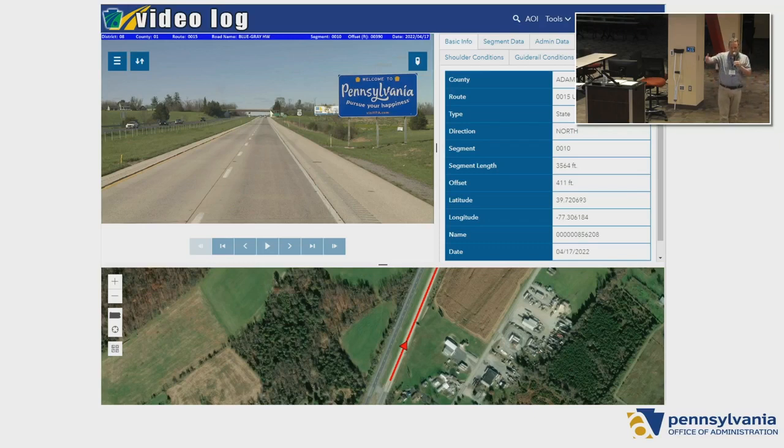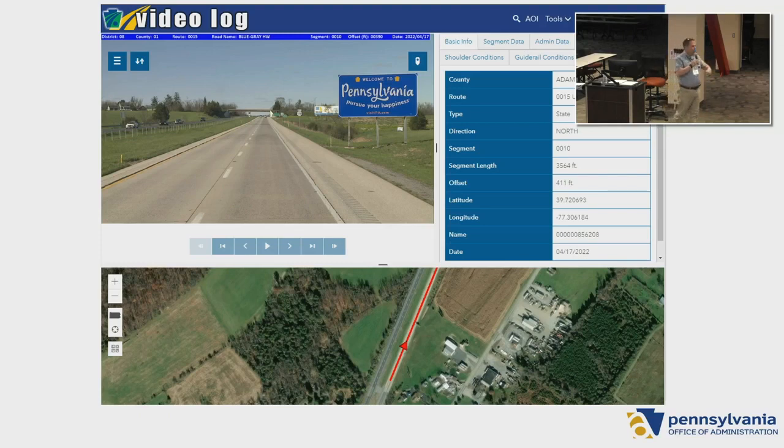Now, we only do have frontal views. We don't have the 360s. I could lie to you and say, oh yeah, we're going to do that. I don't think they ever will. There has been some discussion, even amongst myself, with the folks at BOMO that run the contract that actually get the Videolog images that you see, of getting a rear camera so that you can see both directions. You could drive on the roadway either direction. So that would be very helpful. But for what PennDOT is using it right now, it's a perfect tool.